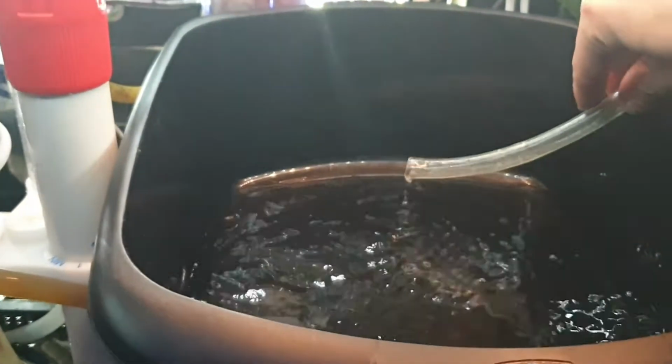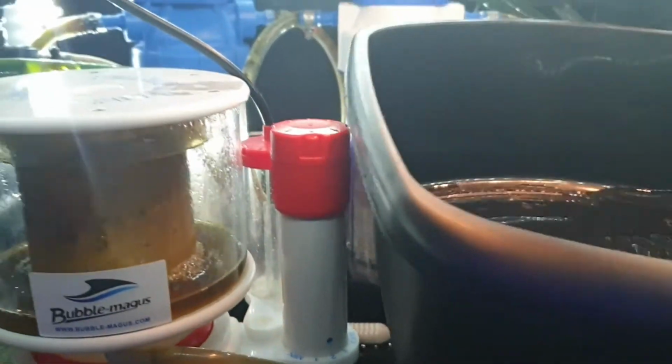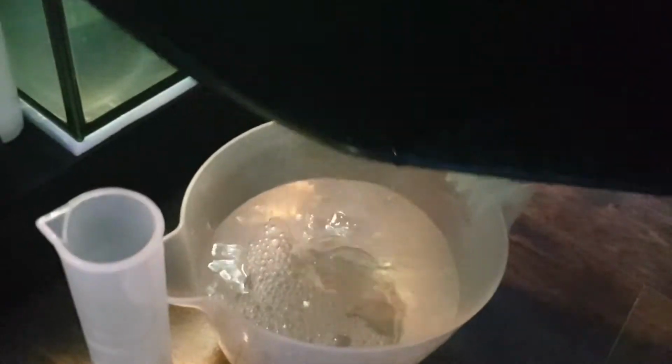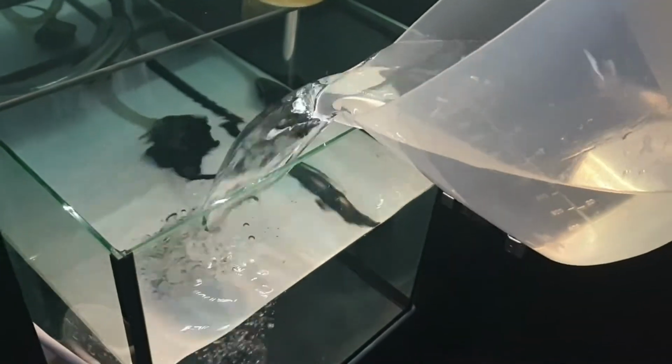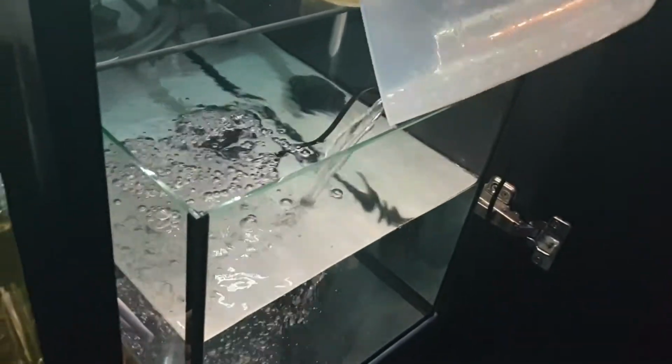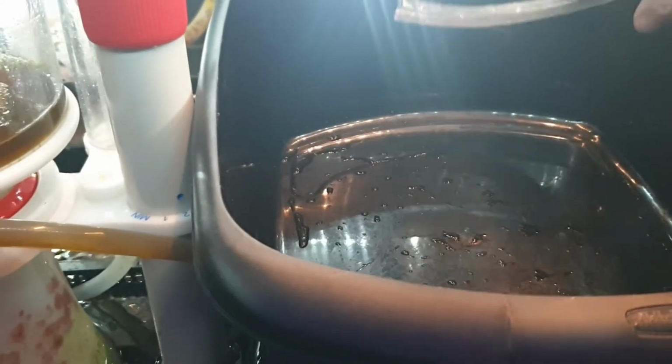There we go. So now that's done that, let me move this pipe out of here temporarily, and then I'm just going to get rid of this water, and then I can just tip this water back into my RO tank. Okay, so that's that done. So we filled the circuit, we'll put this washing up bowl back in the sump, we'll get our tubing, pop that back inside,